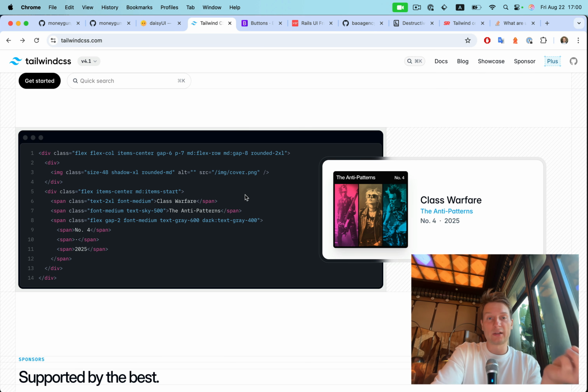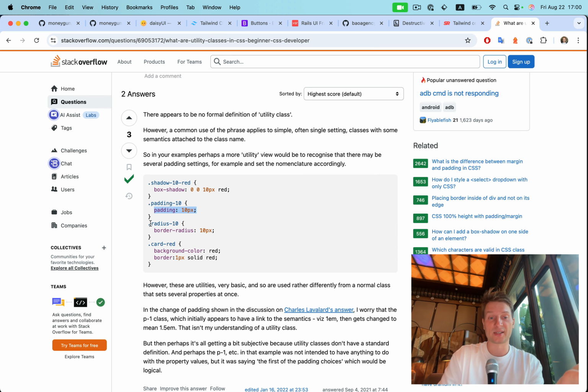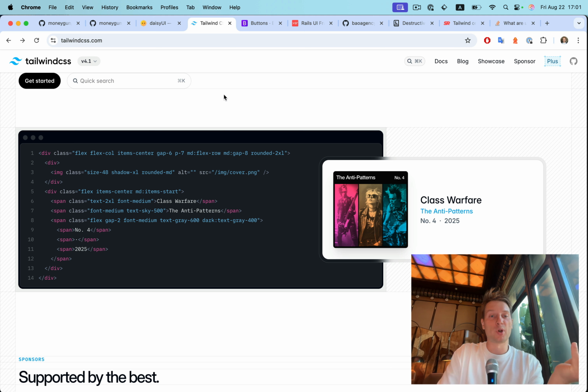Nowadays, everybody is using Tailwind. It is the most popular, I think, CSS framework for Ruby on Rails, and the approach with Tailwind is that you don't use components, you have utility classes. Utility classes are basically more comfortable to write styles, so radius 10 instead of border radius 10 pixels. So the syntax for writing is much easier, and you can quite easily remember the names of the Tailwind utility